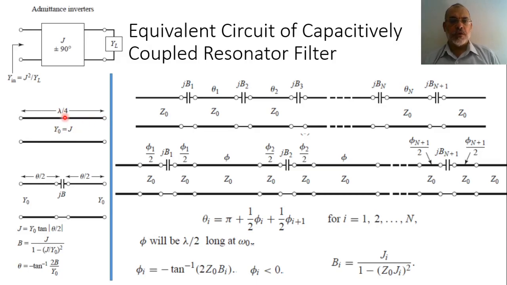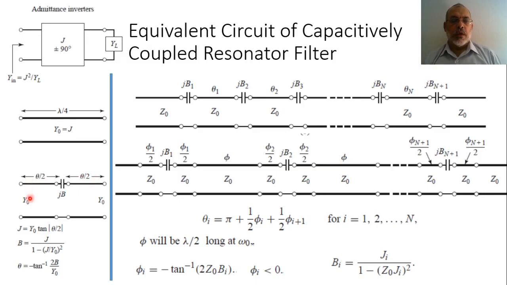Another configuration for such an admittance inverter is by using a series capacitance admittance JB connected to two transmission line sections theta over 2, theta over 2,